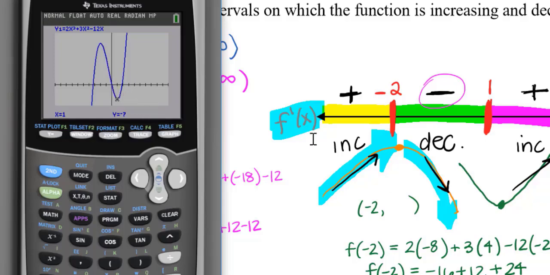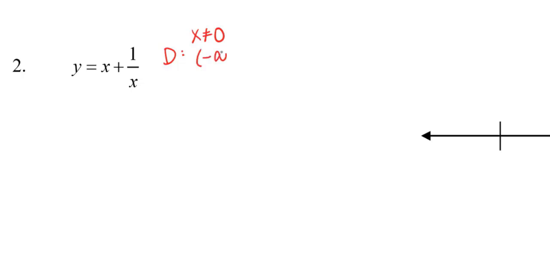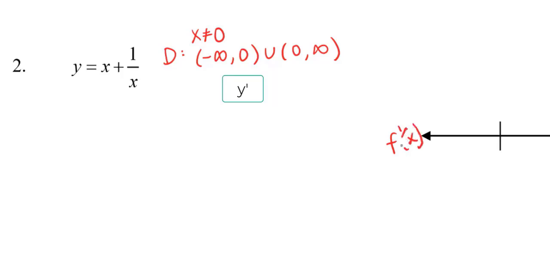Let's try another one. Okay, y equals x plus 1 over x, going through the same sort of motions here. I'm going to first talk about the domain of this function because there is a restriction. X cannot be 0. So I'm going to say I can go -infinity to 0 and 0 to infinity, which is going to help me because when I make my first derivative number line over here, I want to make sure that I include 0 as a domain restriction. And what kind of restriction would it be? Well, if x is 0 here, I have 1 over 0, and that will make a vertical asymptote. And you could graph that to see it as well.